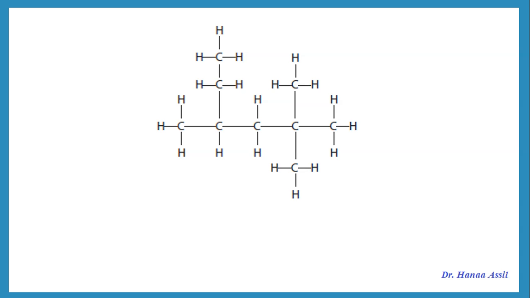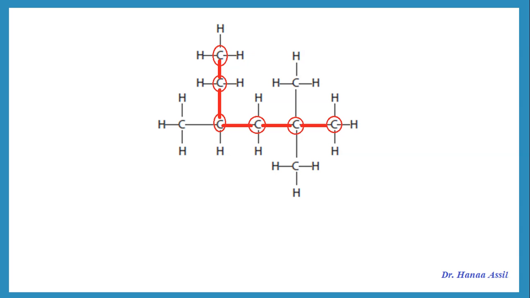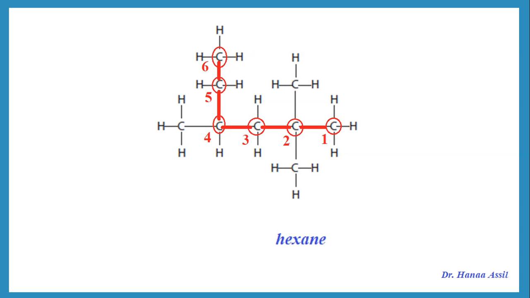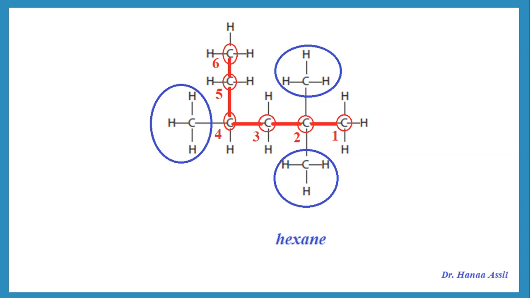What about naming this compound? Well, let's again choose the longest chain. Where is the longest chain? This is the longest chain. It has a total of what? 6 carbons. So that means it is hex. Now, where are the substituents? We said we count from the side that gives the lower number for the substituents. So I have 3 CH3s, that means 3 methyl groups, and that means I have a trimethylhexane,